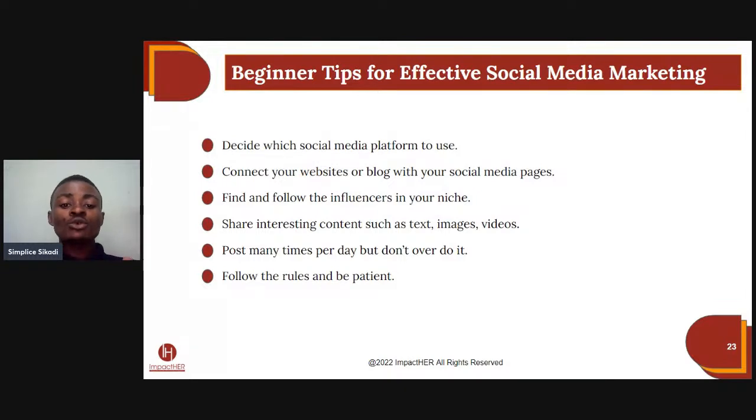So you have to follow the rules and be patient. When you're online, you have to be patient. You may not have quick results. You may not always have results very, very fast. Allow people to know you, allow your audience to grow. Take your time and grow your audience gradually. It may take time, but once you have engagement, once you have a level of visibility already,